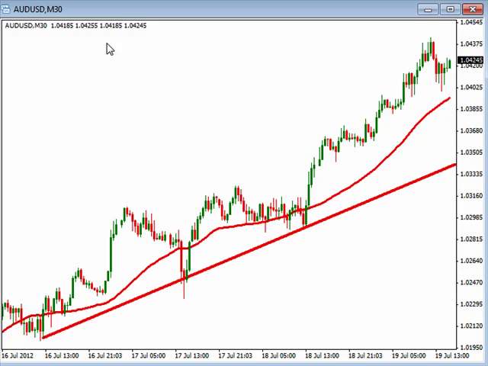Now, once we identify that trend, the next thing that we're going to look for is whether or not the price is pulling back to some support. And you can see right here we had a little bit of a pullback to support. And then we're going to look for the price to bounce up off that support and move in the direction of that trend. So if we go ahead and blow this up,